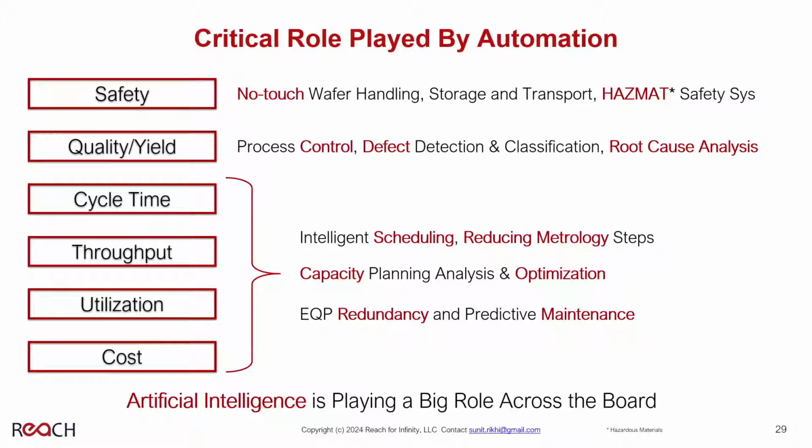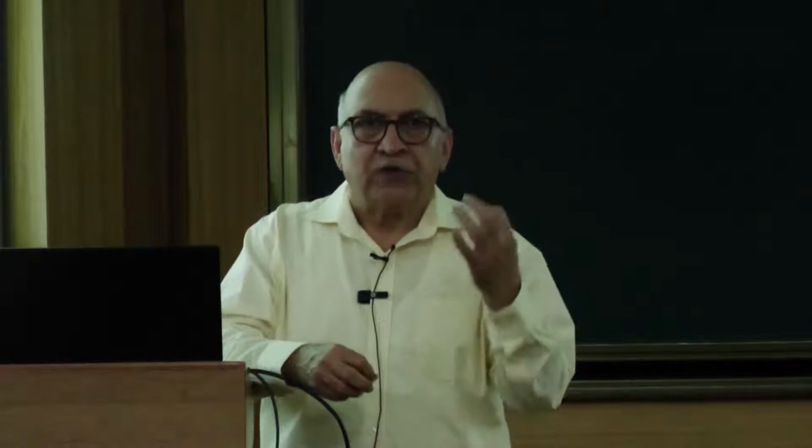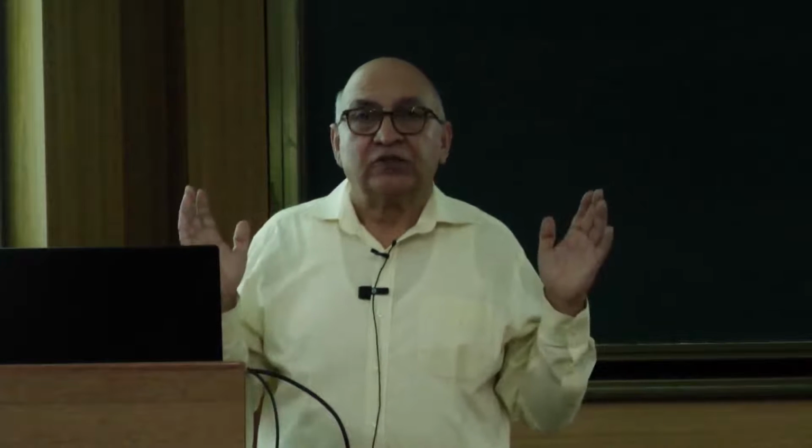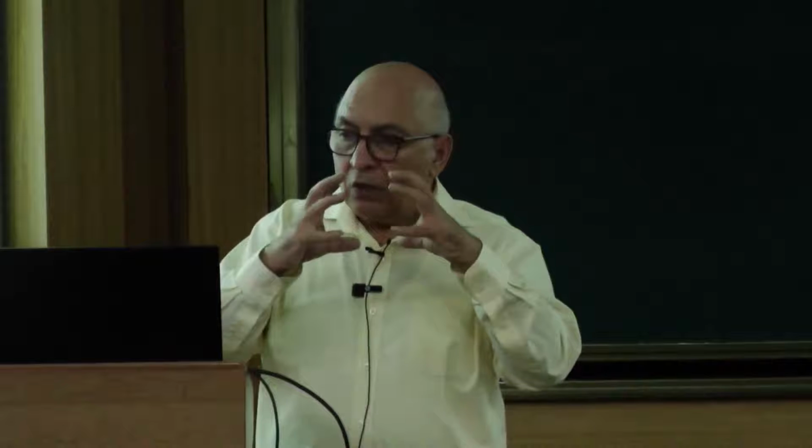Quality and yield. One way you achieve quality and die yield is you control the equipment to the finest level of detail. The tool provides you with an interface that allows you to program every nitty-gritty: how much chemical to use, how long to use it, how long to heat something. All of that is an instruction designed by the process technology guy or guys, who leave it as a recipe instruction for the tool. So, process control.